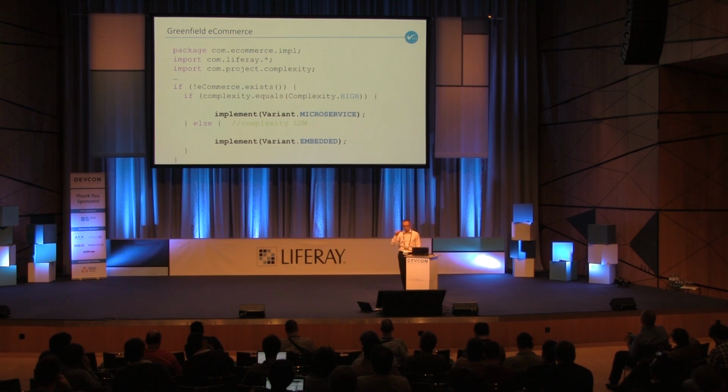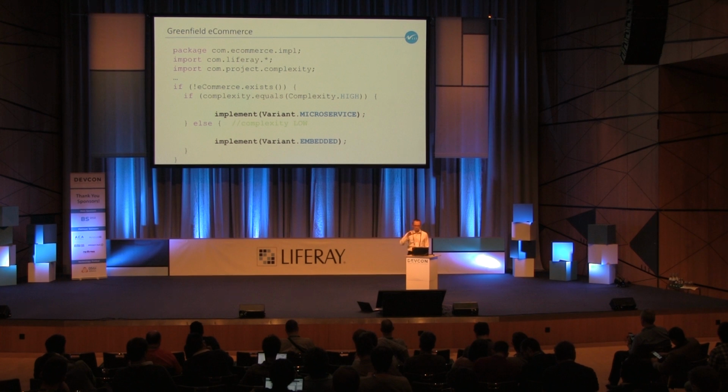If the previous answer was that the customer has no e-commerce at this time, it's very good to do variant 1 or variant 2. If the complexity of the e-commerce, the product sheets, product catalogs, and the shopping routes is simple, do it on an embedded system. Do it on the same JVM. It's very easy, very quick, and you don't spend a lot of money to implement a lot of APIs which are not so primary to use in the future. But